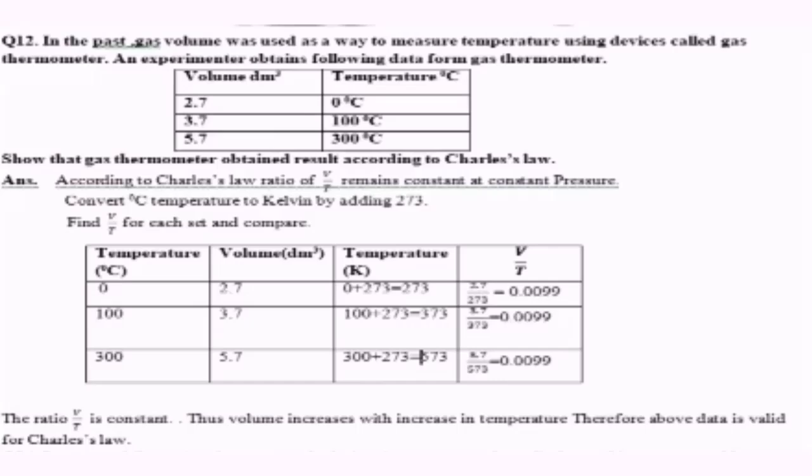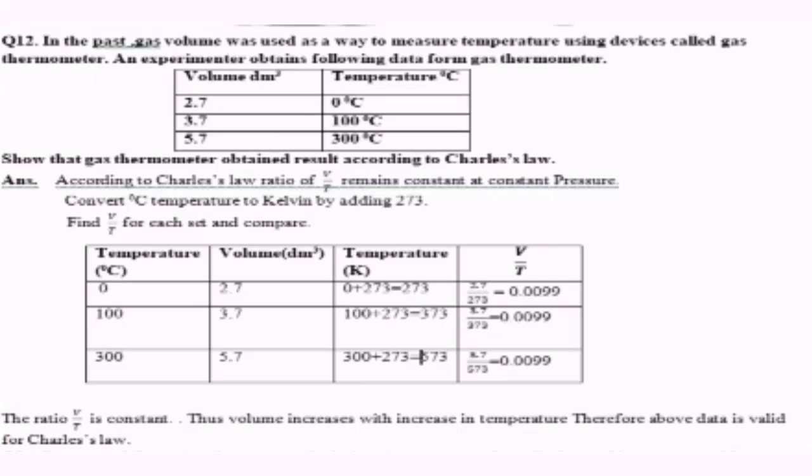What we have to do is convert the degree centigrade into Kelvin by adding 273 to each value of temperature. See, 0 plus 273 gives us 273. 100 plus 273 gives us 373. 300 plus 273 gives us 573. Hence, all the values of temperature have been converted into Kelvin. Now, the next step is we have to find out V by T for each set and then compare these